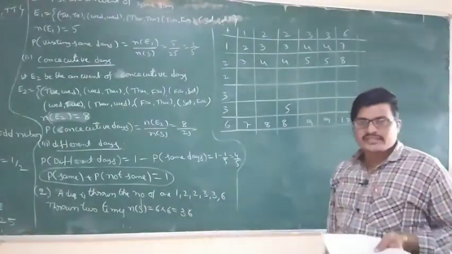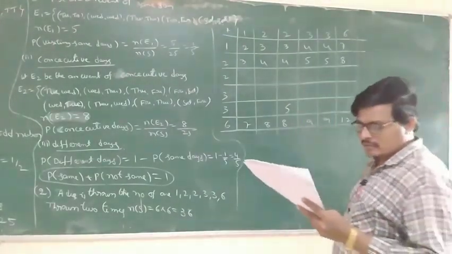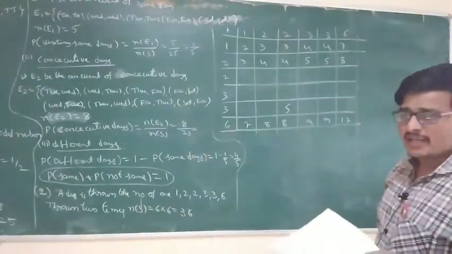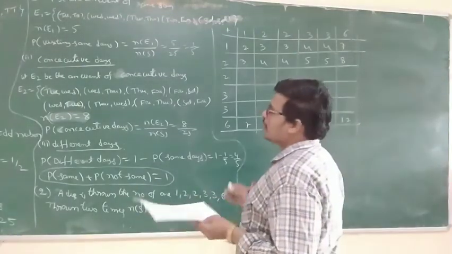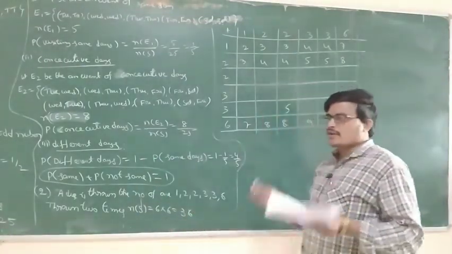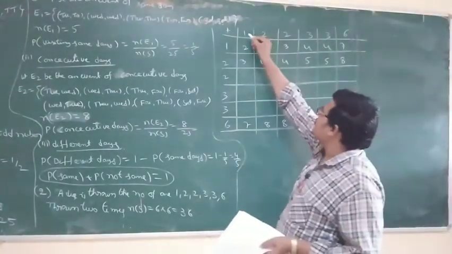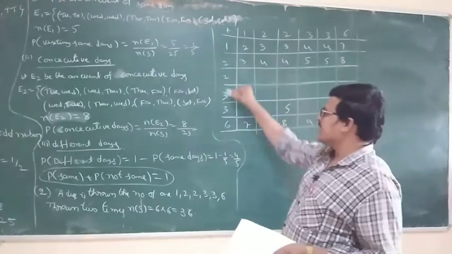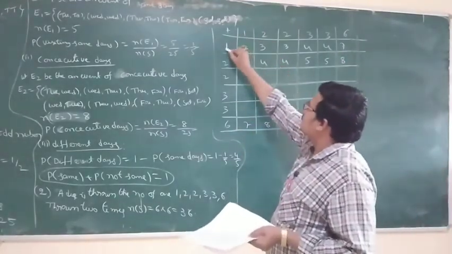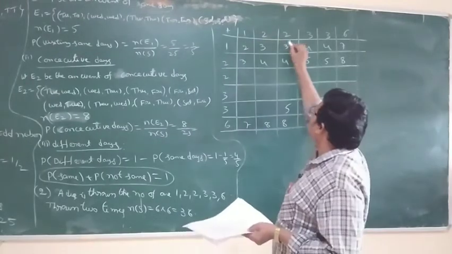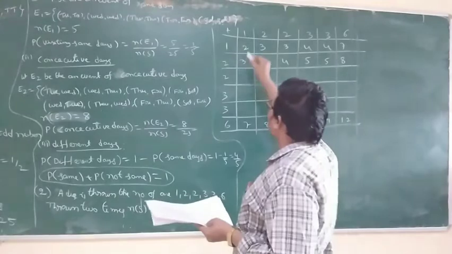First you complete the table and then do the answer. What is the meaning? Plus. Two dice are rolled and the two dice are summed. This is the first dice numbers. This is the second dice numbers. Adding the two dice: 1 plus 1, 2; 1 plus 2, 3; 1 plus 2, 3; 1 plus 3, 4. This is adding numbers. So next complete the table.